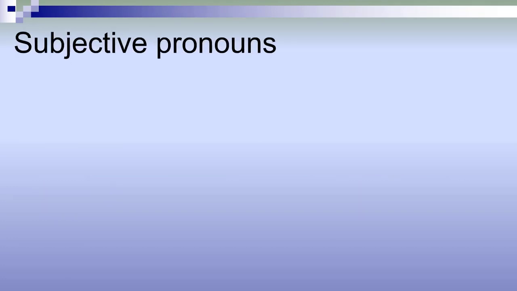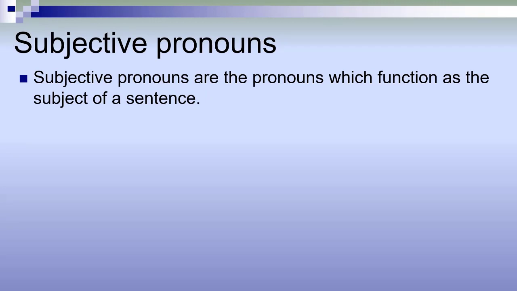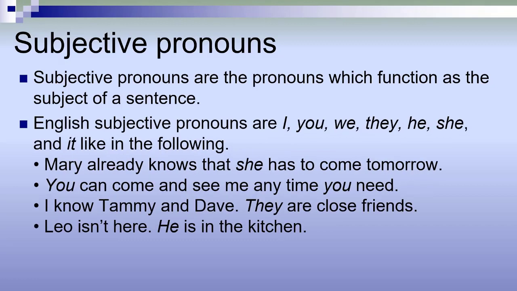First, subjective pronouns. Subjective pronouns are the pronouns which function as the subject of a sentence. Subjective pronouns in English are I, you, we, they, he, she, and it. I for the first person, you for the second person, we for the plural first person, they for the plural third person, he, she, it for the singular third person. He is for a male third person, she is used to replace a female third person, and it is for non-human